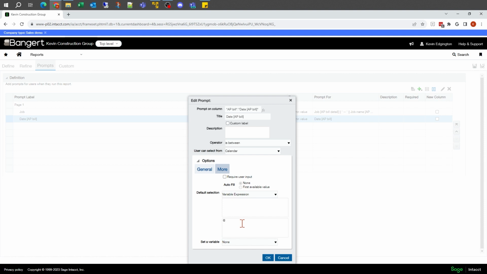I'm not sure what the bracket's called. Basically, it's the shift of the square bracket. System.current time and close bracket.